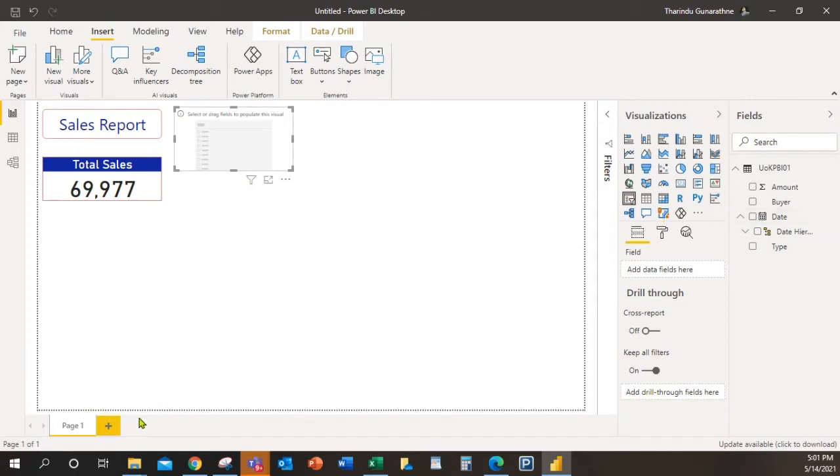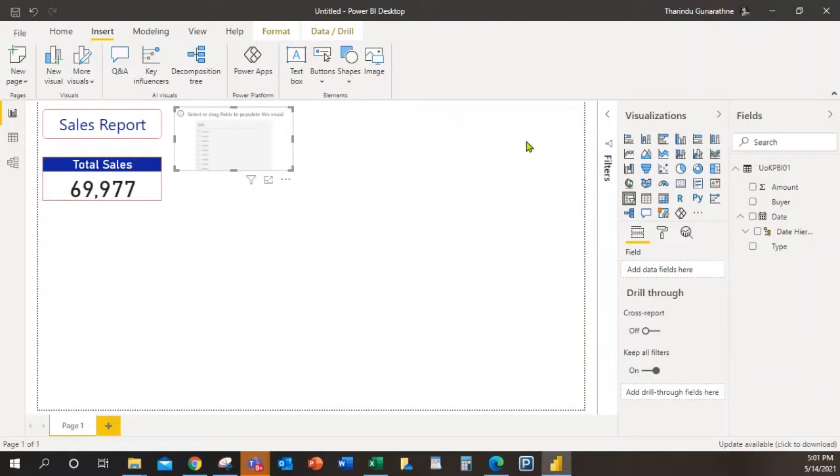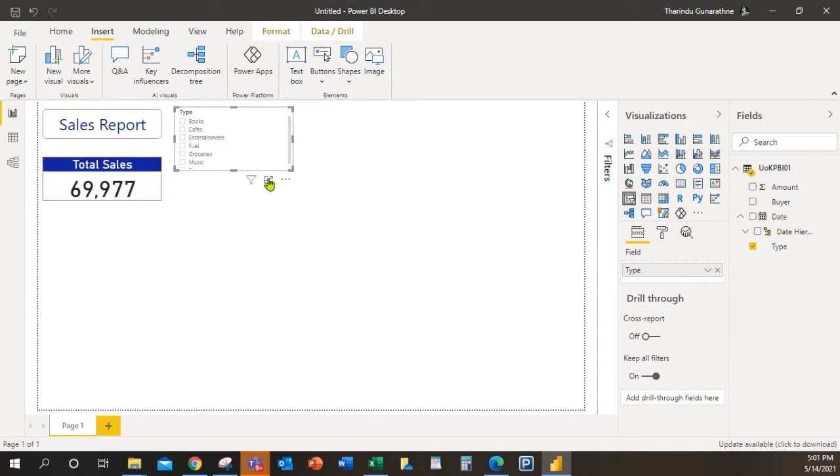Now here it says type. Now what do you think? I just need to bring this type and drop it here or here. You can use both locations. I drop it here, but